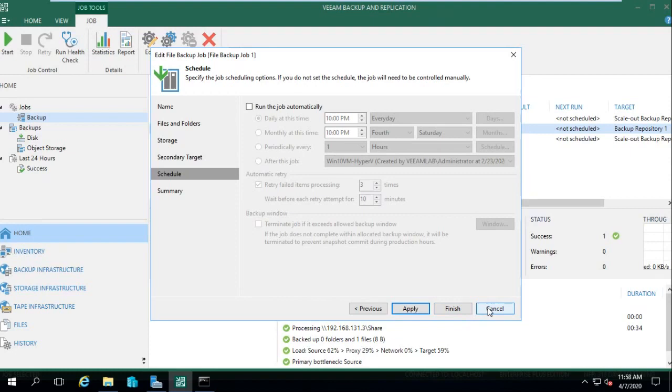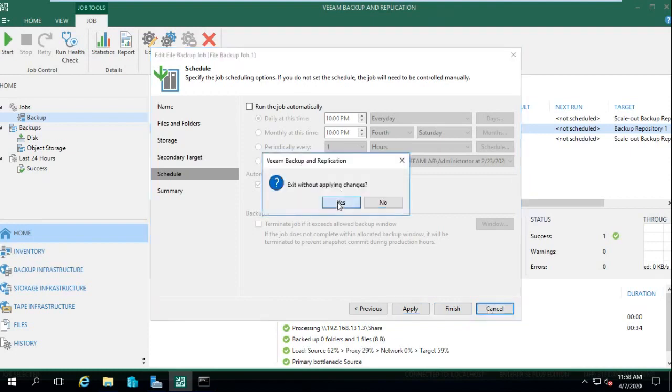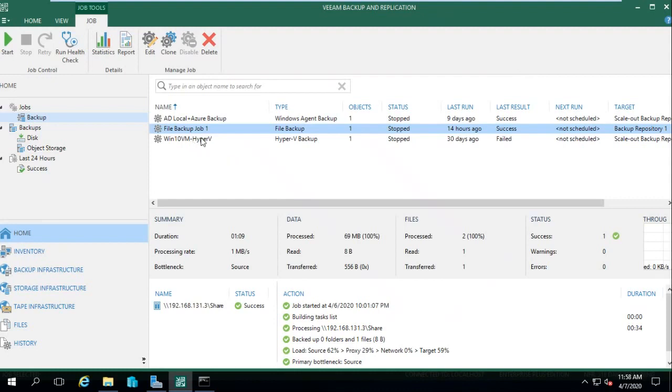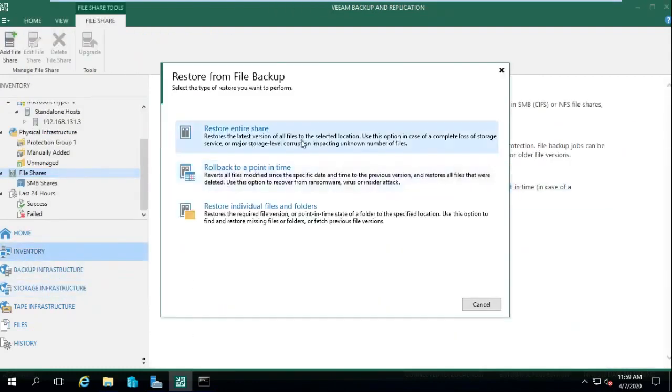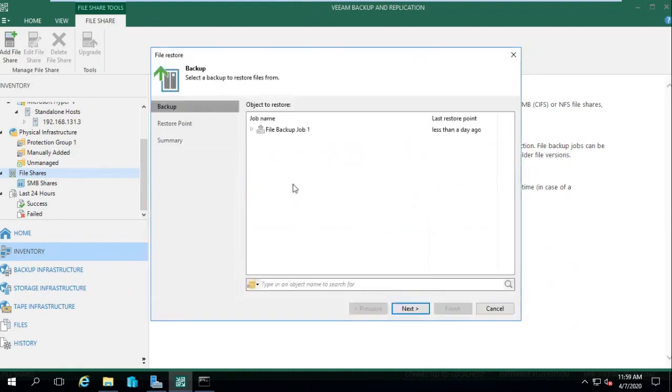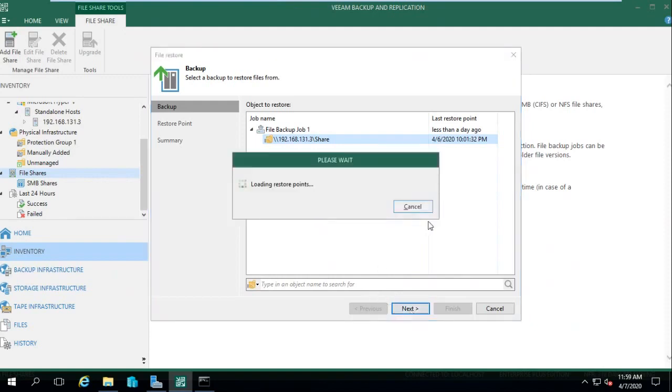This is the same console which you see normally. I have already done a backup, so I'll show you a couple of restoration scenarios and how restoration works. If you click on restore, you have restore entire share, roll back to a point in time, and restore individual files and folders. If you click on roll back in time, this is your point-in-time recovery. Click on next, see the share. It will open up a browser where you can see your GUI view of your